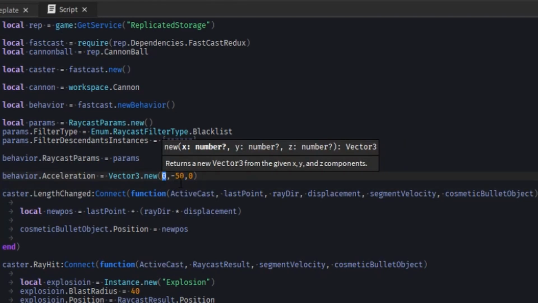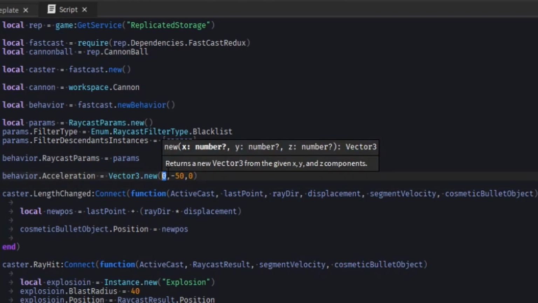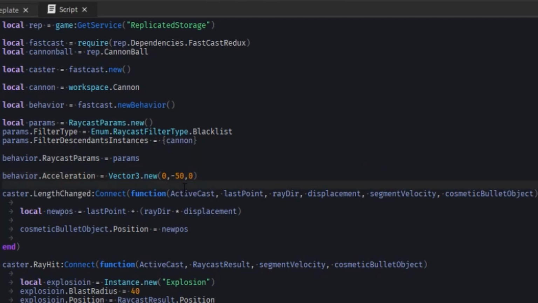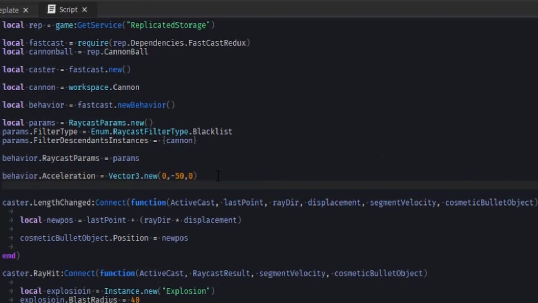Now something you have to take into account is if you're doing acceleration on the X and Z, you have to make sure that the position is correct, right? It's not going to be based off of the orientation of the bullet or like the direction of the raycast. It's going to be based off of the world's axis, so you're going to have to multiply it basically by a unit vector if you want it to go a specific direction, if you want to go that route.